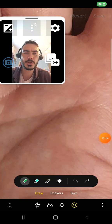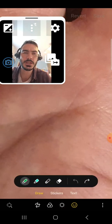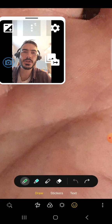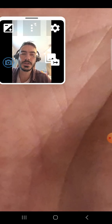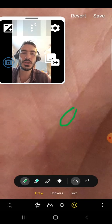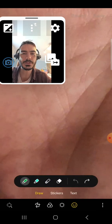Now, this trauma I mentioned at the age of around 18, we're looking at the right hand here and we don't see quite the same sort of thing. So I'm wondering if this was more mental rather than a physical trauma. But the very real life stresses between the age of 25 to late 20s are evident here on the lifeline. And I think we can also see some corroboration in the fate line here, with the islands that have developed early on. So this is teens, and as I say, I think this person had some difficulties